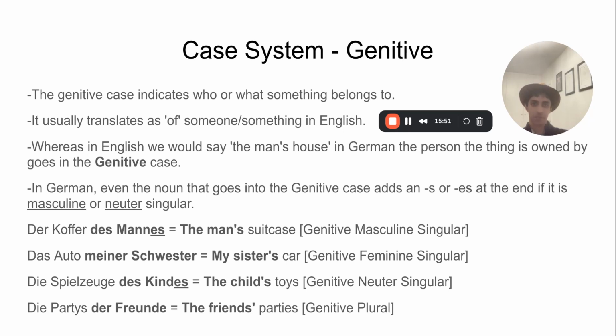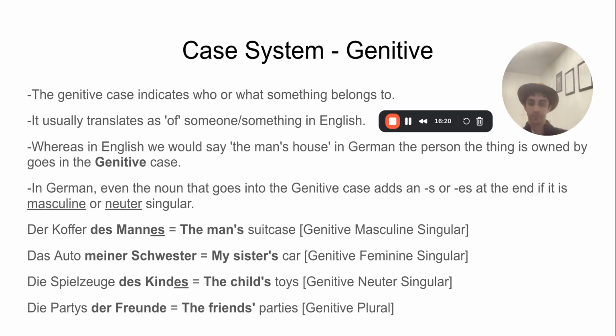But it's still worth making a note of and being aware of, I would say, even for GCSE, though it can come up less often. The genitive case essentially translates as of somebody or something in English. And if you think about it that way, it's usually going to be much easier to understand and use, most likely. The genitive case is usually used to indicate who or what something belongs to, so to show possession, in